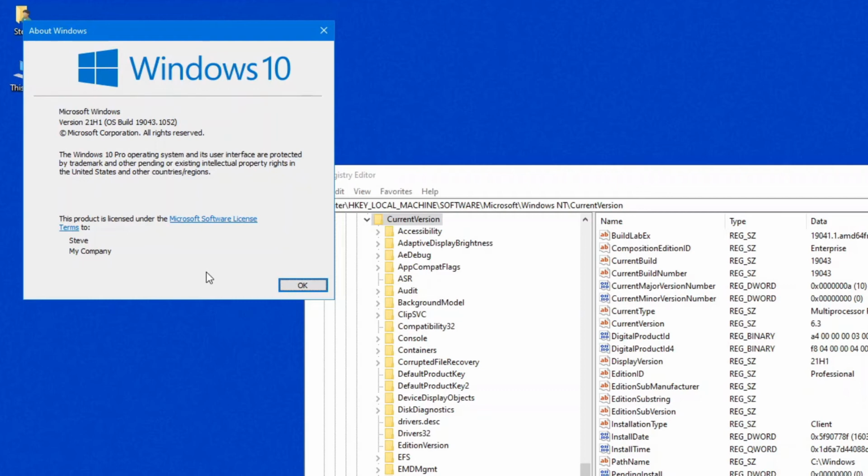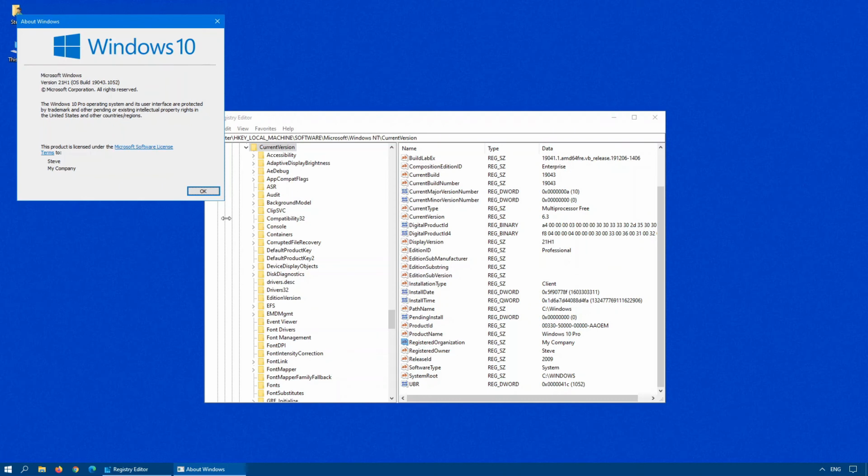But please make sure before you modify the registry, make sure you do a backup of it, because I've seen so many cases where people corrupt their systems because they delete or change the wrong things and really make a mess of things. Also, if these two entries are not here, because I have seen a couple that are not,